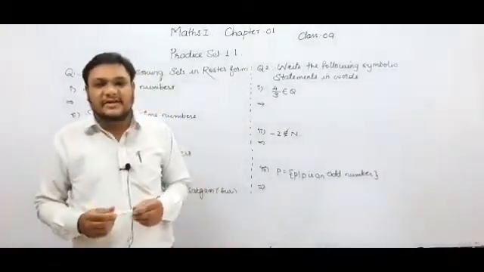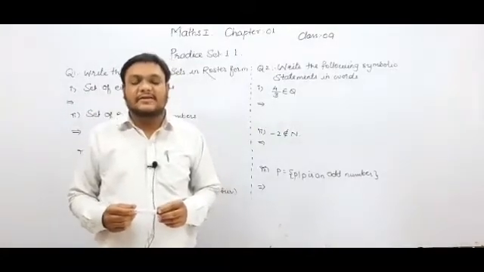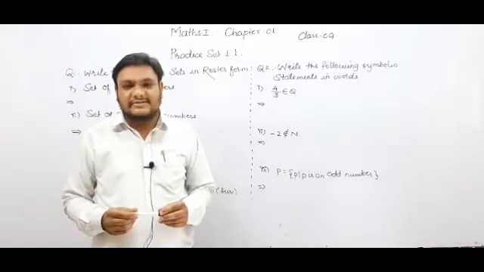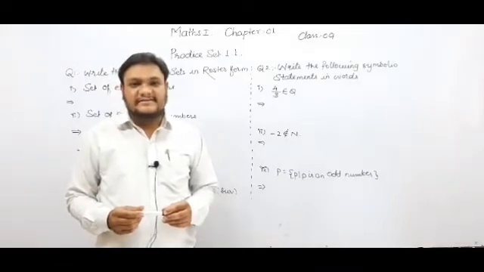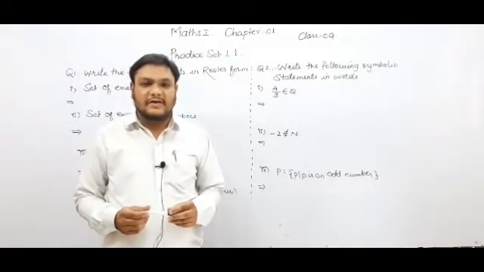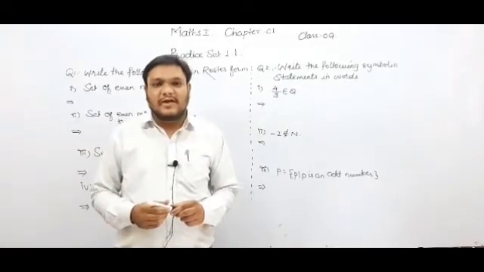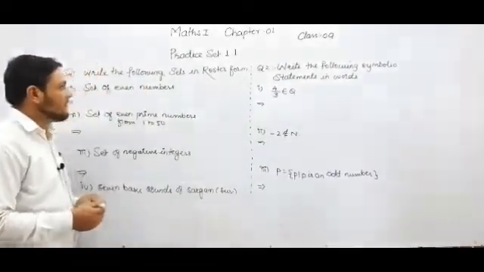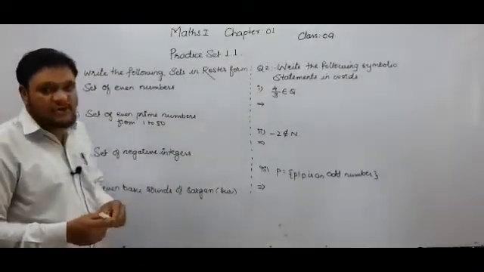In the previous lecture, we have studied the methods of writing a set. We have studied the listing method, that is roster method, and set builder form or rule method. So students, today in this lecture, we are going to start practice set 1.1 and we will solve the questions